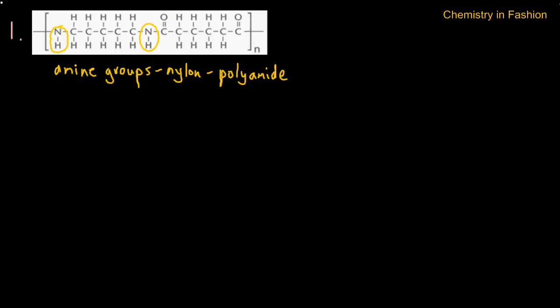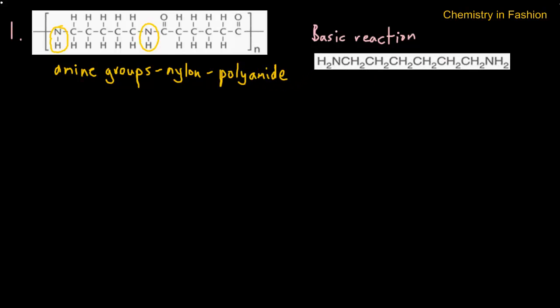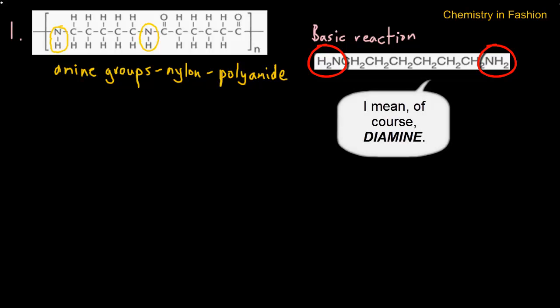If we now look at the basic reaction when we're making nylon, you're given this molecule, which again has an amine group on both ends, and because of that we call that a diamide. So di meaning two, amide has got two amine groups,